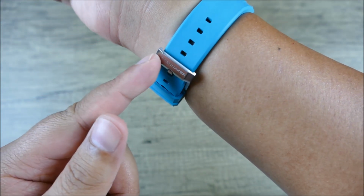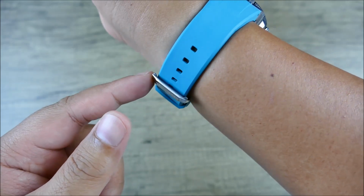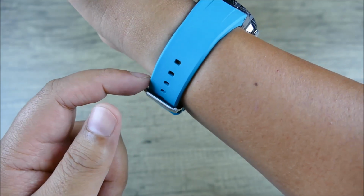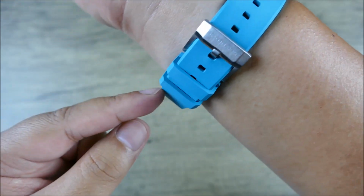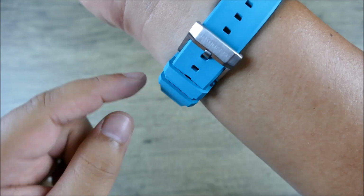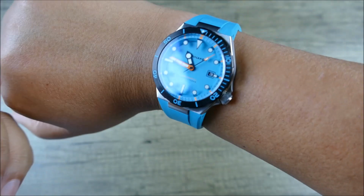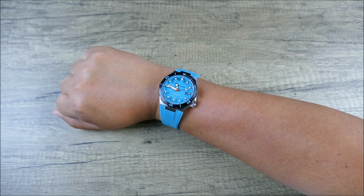Great milled stainless steel buckle, signed. Get some great contouring there. You even get a little bit of a lip to hold it kind of in place, and then a little bit of a lip on the end here, which keeps this furthest keeper from sliding around. So very cool, guys. So with that said, I guess we should get to some lume shots, low light transition,